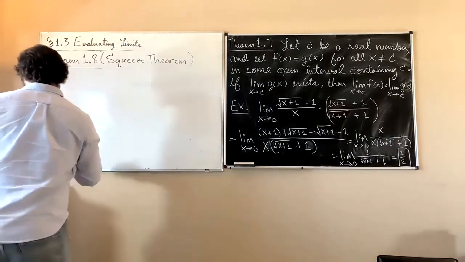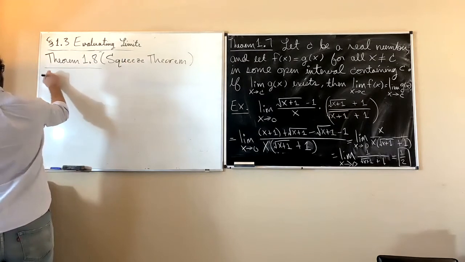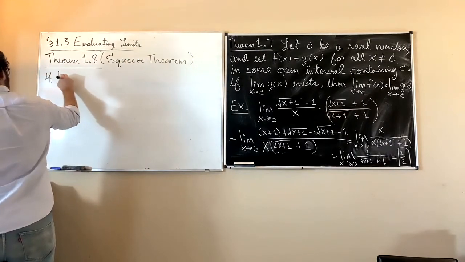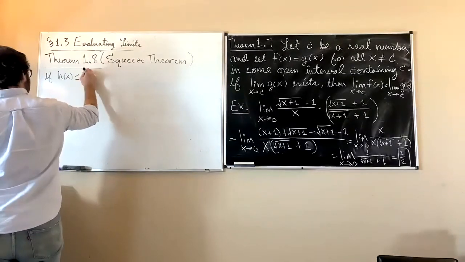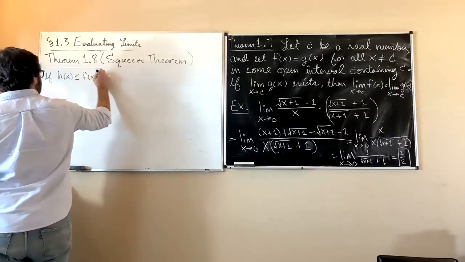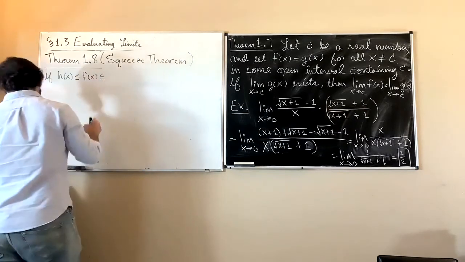All right, so it states that, if h of x is less than or equal to f of x, which is less than or equal to g of x,